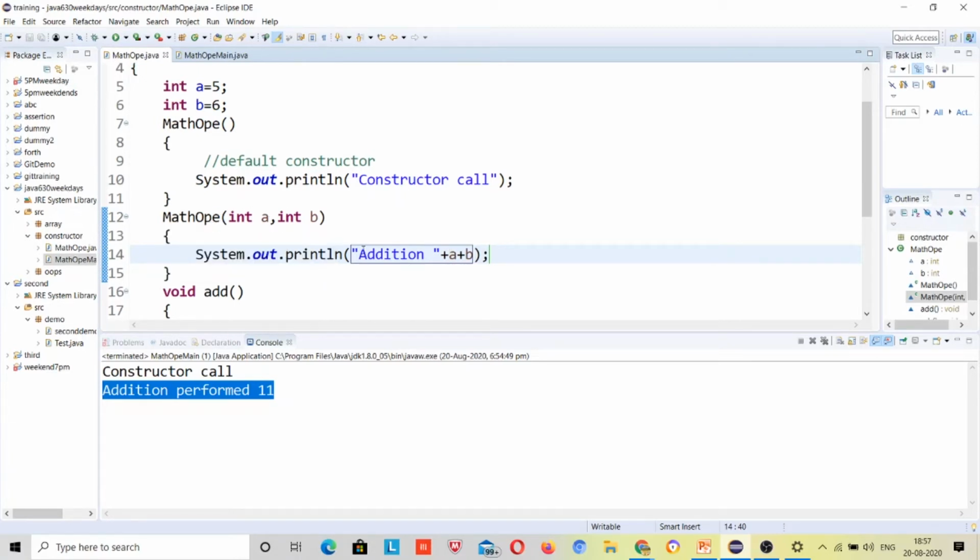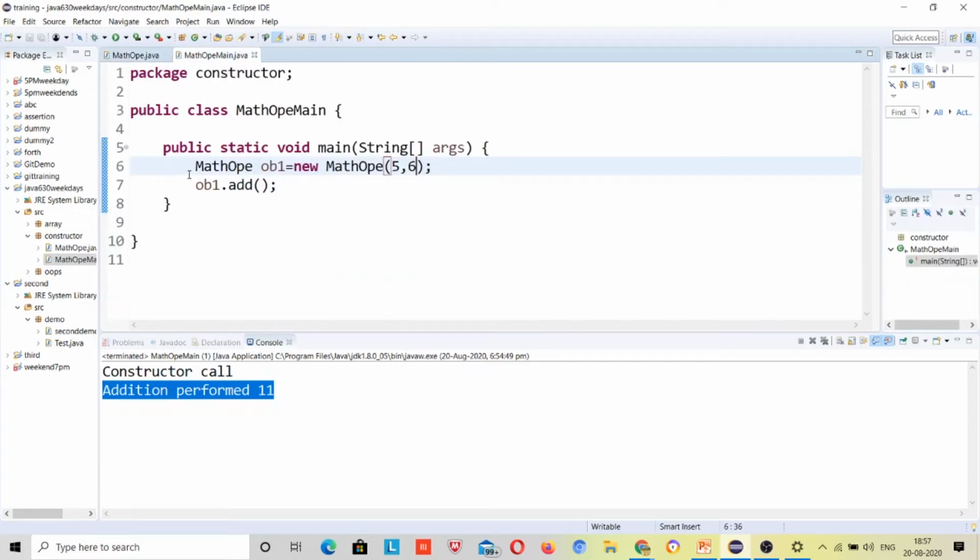It means the output of this will be printed here, and it will come first. It will see the object and look for the default constructor. There is no default constructor matching, as this was passed with two parameters. So the parameterized constructor will be called.